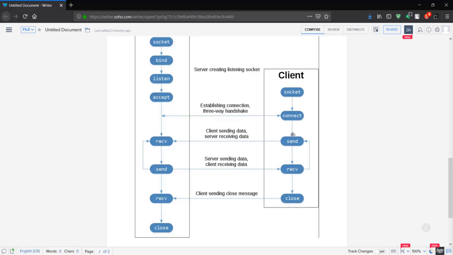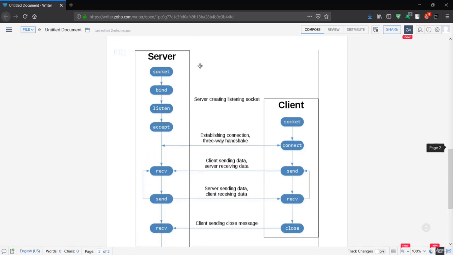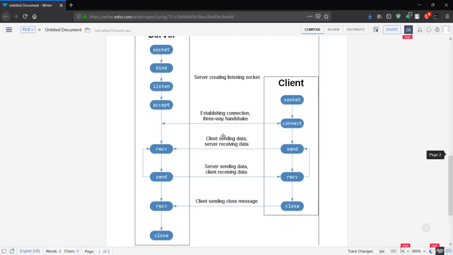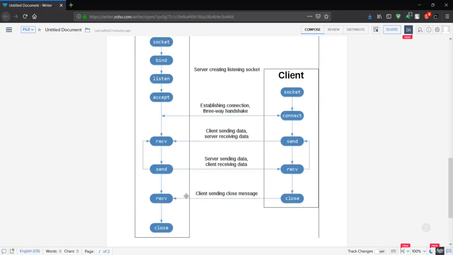But for now let's see how we can send and receive data between the server and client, because we have already set up the connection in the previous lecture. Let's see how the send and receive methods of the socket module work. You can see here that the server will first receive the incoming request from the client, and then it will send, and the client will receive that. You can go back and forth between the server and client. Now let's implement this and see how it works with our Python program.